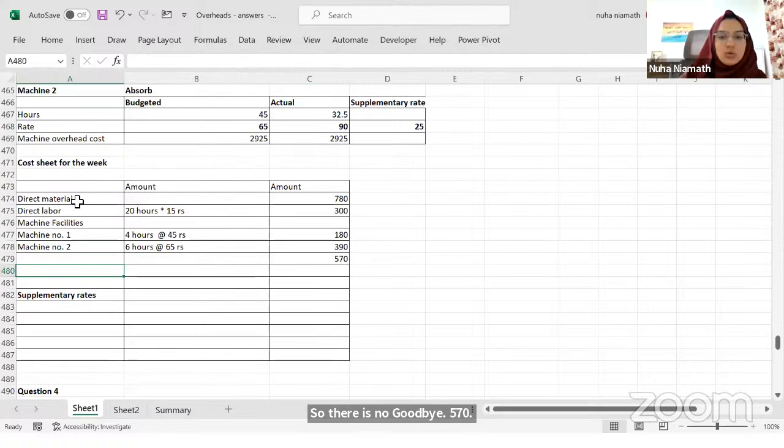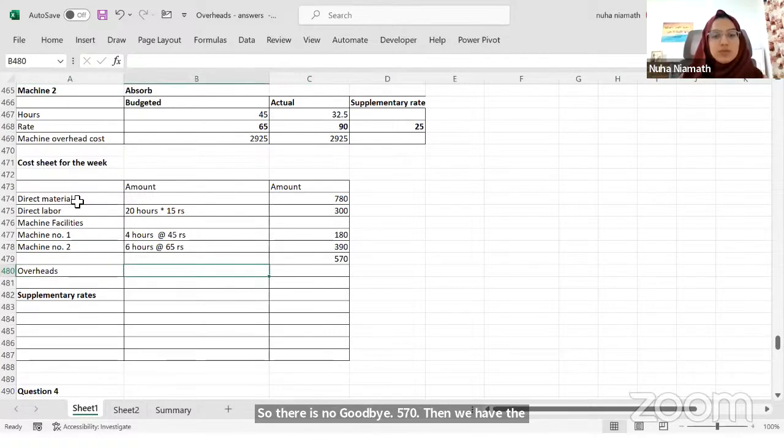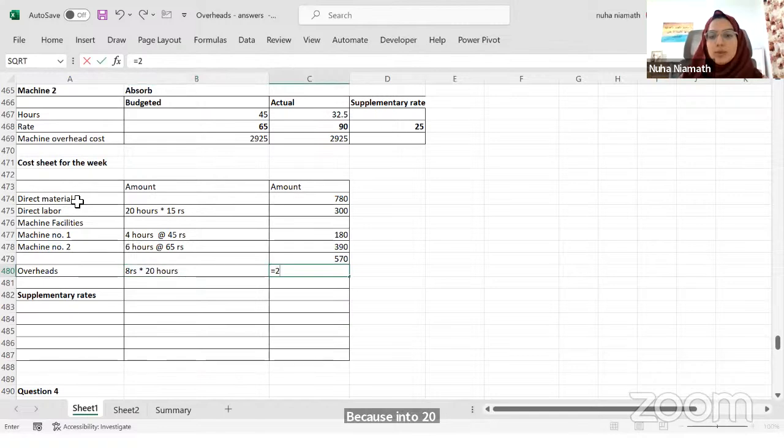Then we have the overheads, which is 8 rupees into 20 hours, which will give me 20 into 8. Correct? So I get a total cost till now of